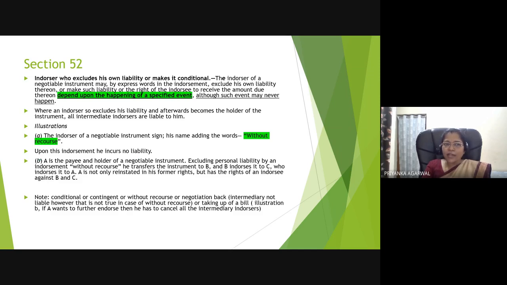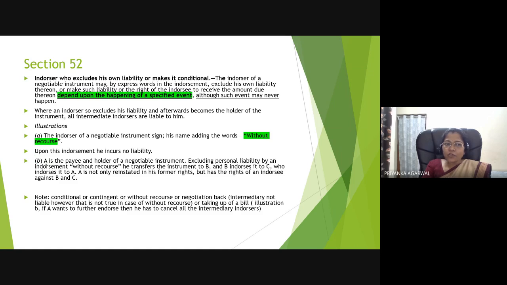A now has two rights. Now he is the payee as well as the holder of the negotiable instrument. But as a payee, he has excluded his liability. So he has a right if that instrument is dishonored. If Mr. X dishonors this instrument and does not make the payment, then Mr. A has the right to take action against Mr. X as well as against Mr. B and C. Is it clear? But B and C cannot take action against A